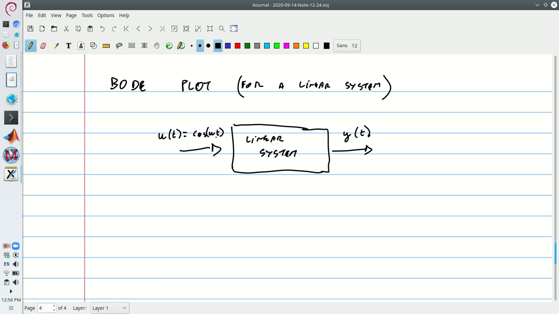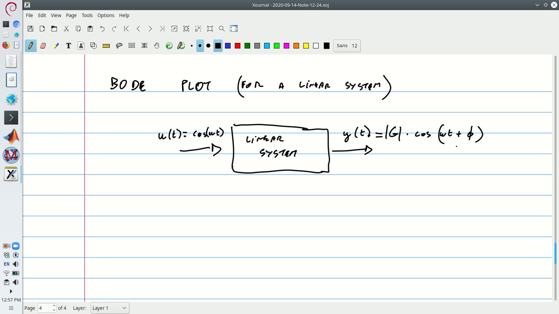And this is going to be true for linear systems of any order. If the input you inject has the form of a cosine with a certain frequency omega, the output is going to be a cosine with the same frequency omega, but it's going to be scaled, its amplitude is going to change, and also its phase is going to be shifted. So this is going to be y equal to a certain quantity, I'm going to call it g, with a modulus here,